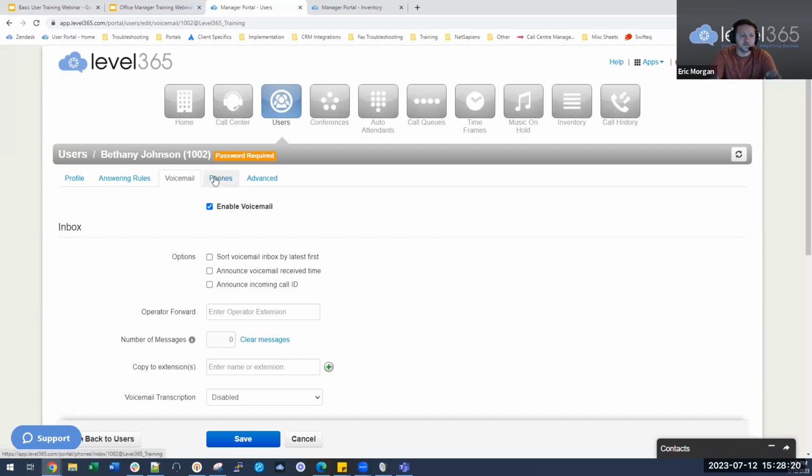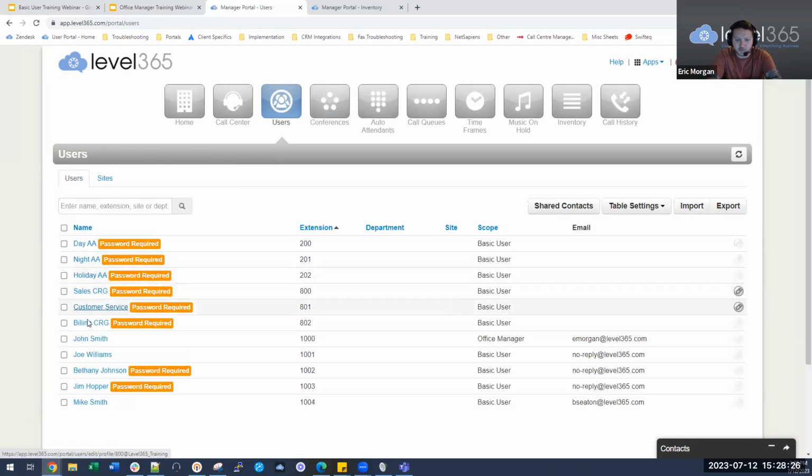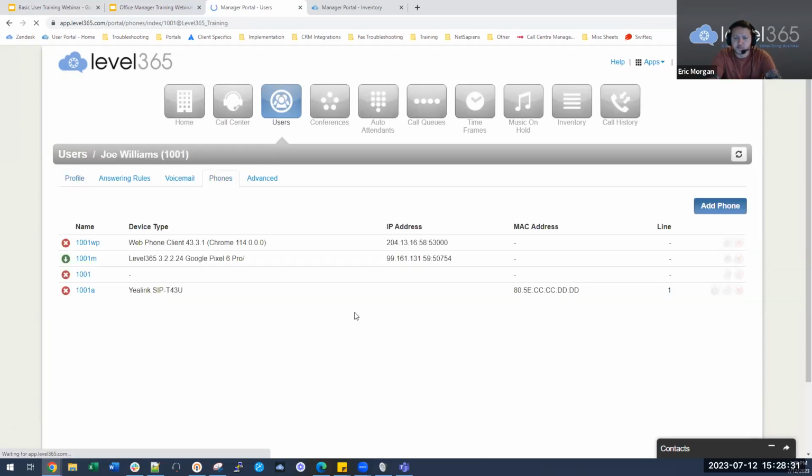Moving on, we do have the phone section for the user. Now the phone section, let me just go into my other account as I actually have something on there. I'll be under Joe Williams. All right, so here you will actually see what devices are assigned to that person. We see that we have a desk phone,